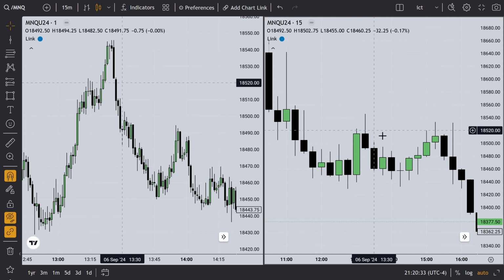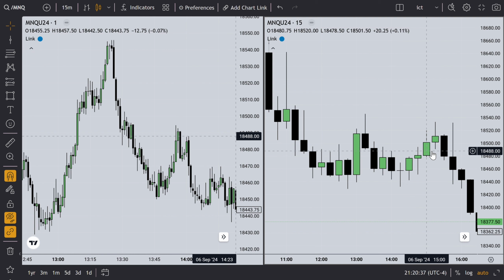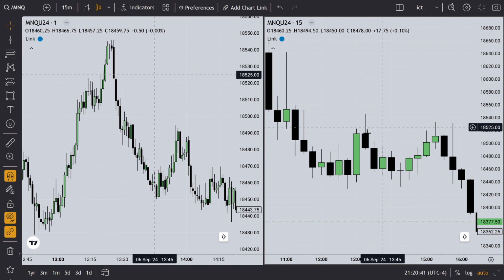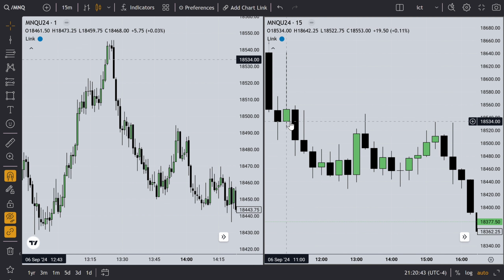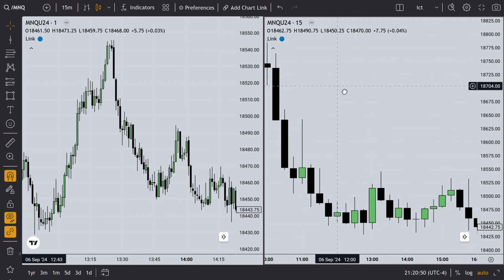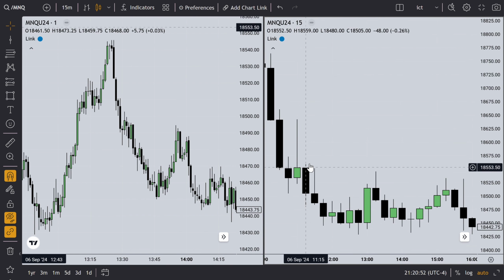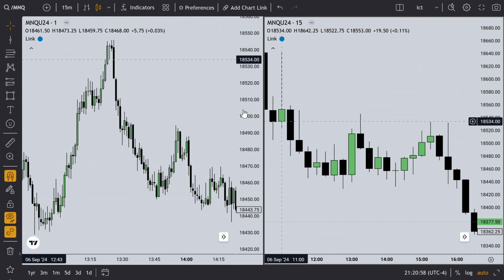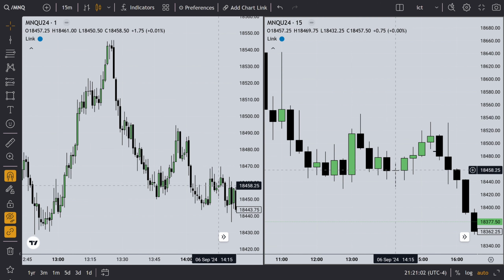What 15-minute PD arrays stand out to you? I think that's why I left it blank, because what do you see? Me personally, my eye goes straight to this. Should be a 15-minute bearish order block. Okay. Price closes below it, leaving the low in the open here, and then price trades up into it here, price trades up into it